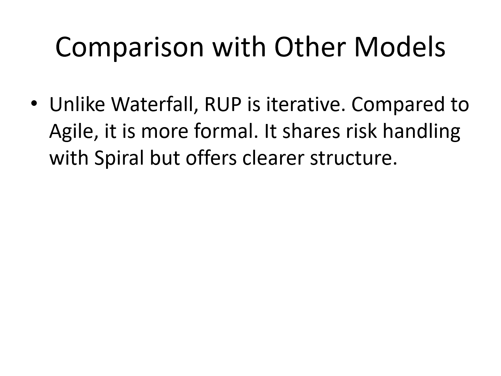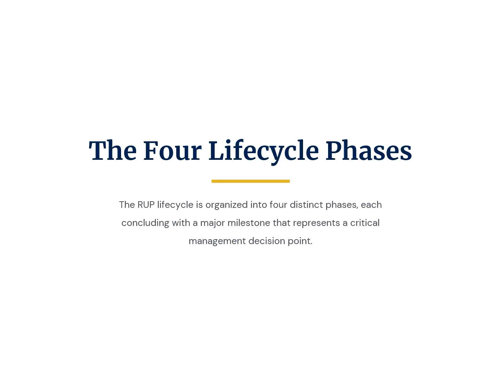So as it is written, unlike waterfall, RUP is iterative. Compared to agile, it is more formal. It shares risk handling with spiral but offers clear structure. I have already talked about the handling of risk in the Rational Unified Process, that this feature is more of a spiral model in which risk handling was given high importance. Now there are four different phases